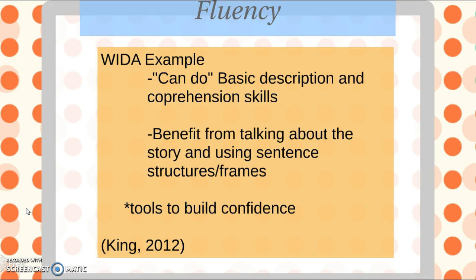I was looking at the WIDA examples and the can-do strategies, and it looks like David is probably at a level where he can do basic descriptions of the text that he's reading and show some comprehension about the text that he's engaging in. But I think, according to the WIDA examples for 3rd grade, David could also benefit from talking more about the story, more specifically about the details, and even using sentence structures and frames to help give